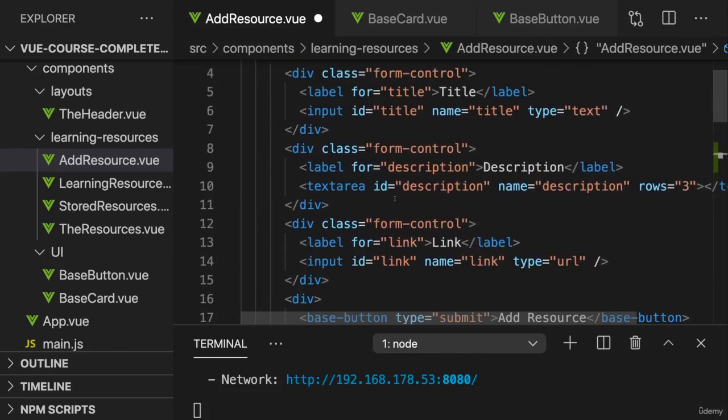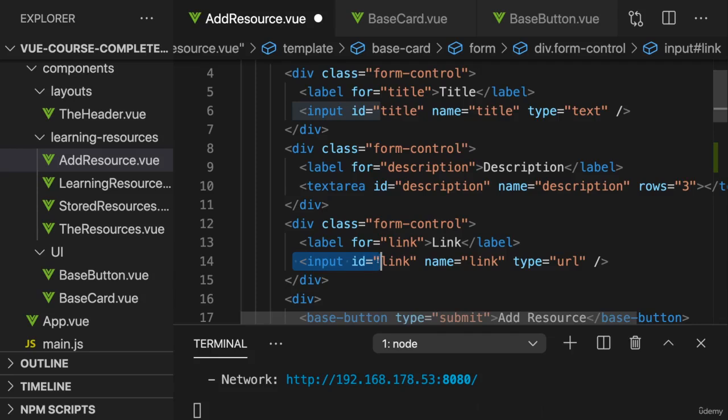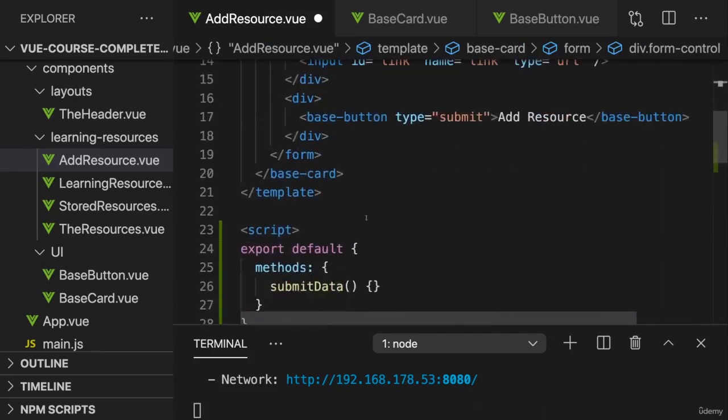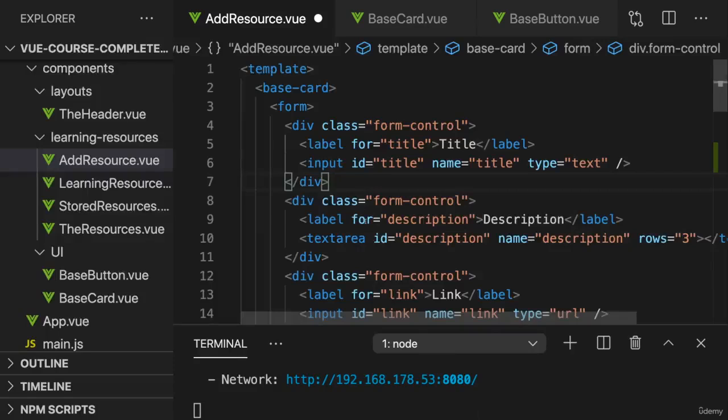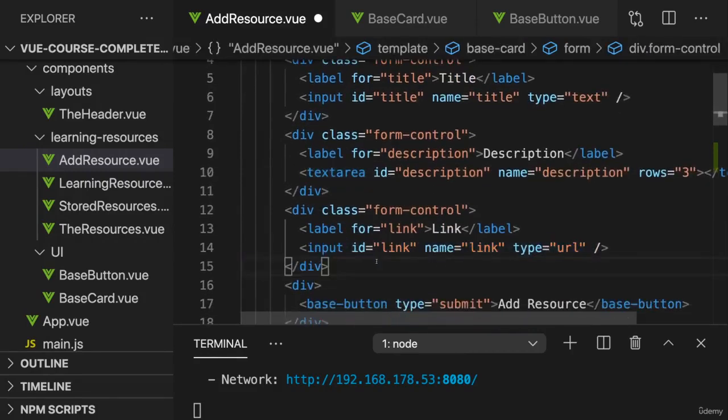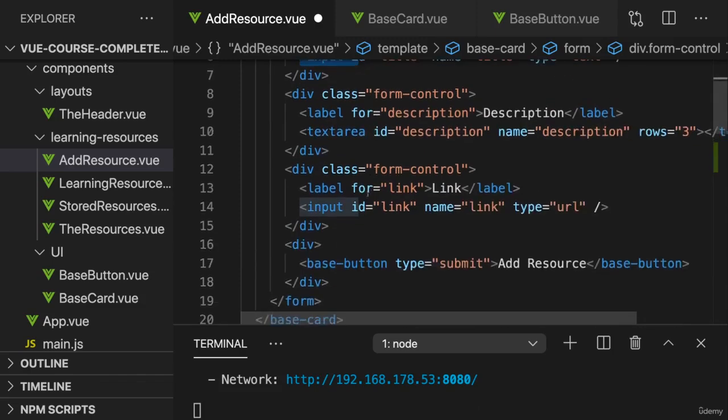Here, I now want to get the values entered into this input, this text area, and this input. And we got two main ways of collecting this. Option one is that we use some data properties and then we use vModel or an input listener to update it with every keystroke. So to collect the three values in three data properties and update each data property's value with every keystroke. That would work and there's nothing wrong with it, but I will use the good old refs